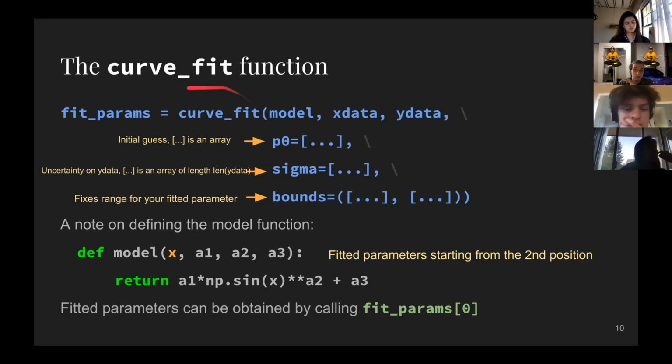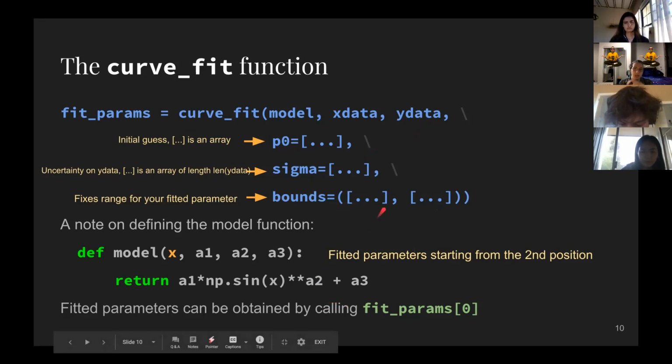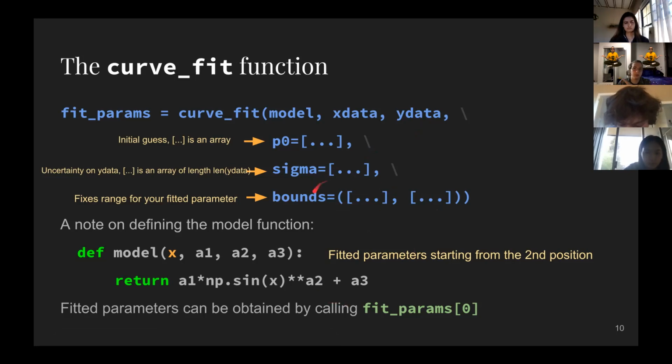Just as a recap, curve_fit is a function from SciPy, which is a library, just like NumPy. It takes in a model, your X and Y data, and a list of guesses for each free parameter. In this model, that would be A1, A2, and A3, so you need a list of 3 values that are guesses for A1, A2, and A3. And then you have your Y error list. It should be the same length as Y data, and it should be the error bar for every single Y data point. And then you can have bounds. That's optional. You don't really need the bounds. But that's the most important thing for curve fitting data.